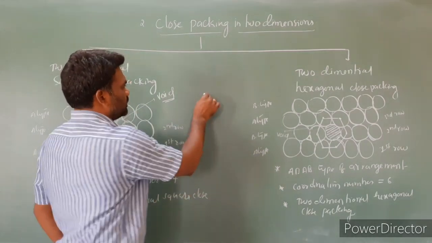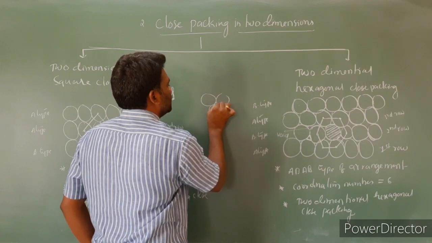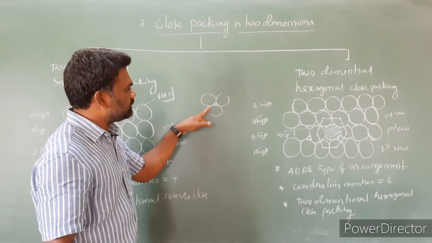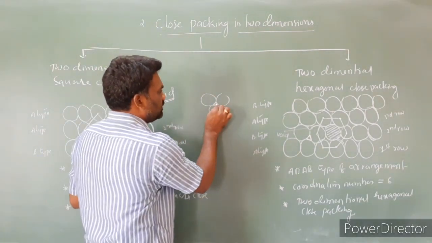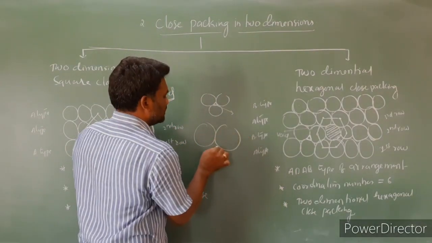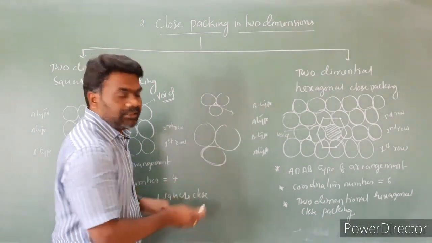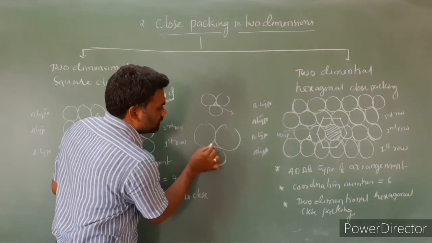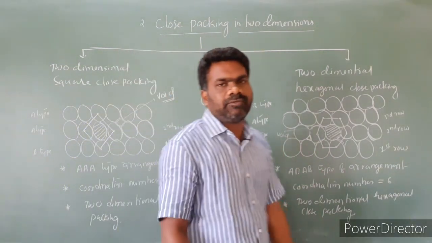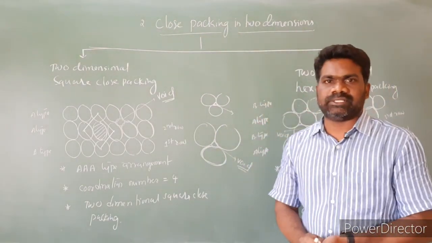Another important point, suppose I take it here separately. Look here. Between this first sphere, second sphere, and third sphere, when the 3 spheres are touching each other, an empty space develops between them. If you want, I will write a big one. Look at this. These 3 spheres contact each other, and between them an empty space develops. This empty space we call a void. Voids are nothing but empty spaces between the spheres. So this is close packing in 2 dimensions.